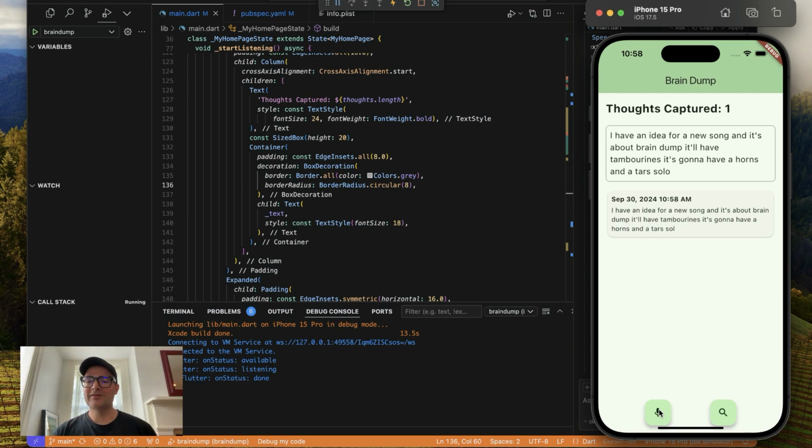All right, there we go. So now it captured my idea. The speech to text kind of failed. I said a guitar solo and it said a tar soul. And we're gonna have to add the ability to edit these later, because speech to text is not gonna be 100% accurate. And we wanna give the user the ability to customize it or maybe add a little extra information they forgot to say later. But this is great. So it's storing it, it's cleared out all our sample data, but now comes the real